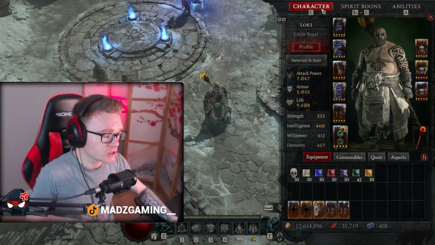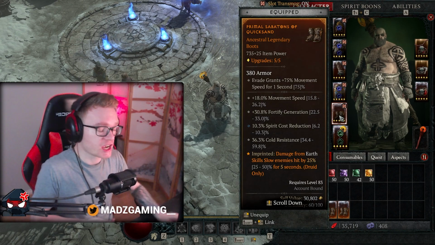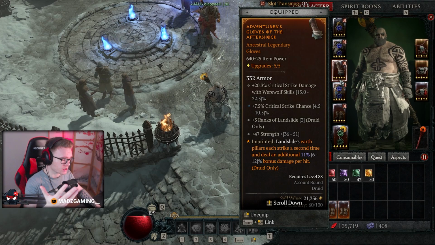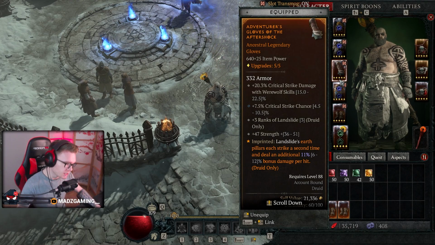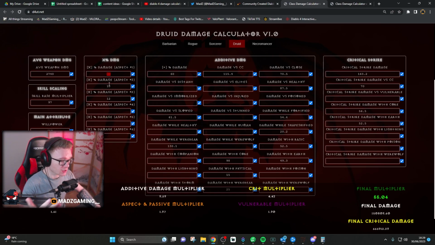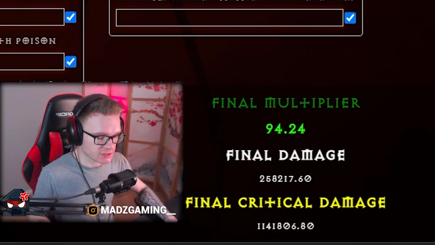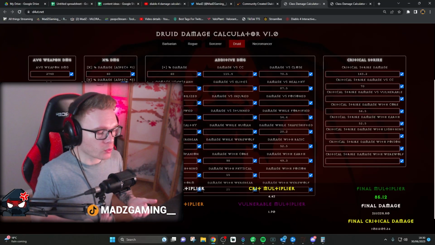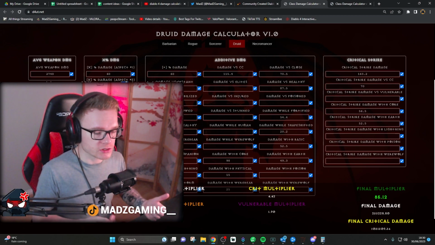Don't forget, you could change some of your weapons out. You could also change aspects, add aspects and take away aspects here. Let's say I wanted to move landslide earth pillars, strike a second time, do 11%. Let's say I wanted to move that onto a staff, for instance, then that would give me an extra 24% damage. Sorry, there we go. 24% damage on top of the 150% there. And it will then do 1.1 million on average instead of just doing 1.03. So you can begin to see how you can use the calculator to move numbers, adjust numbers,